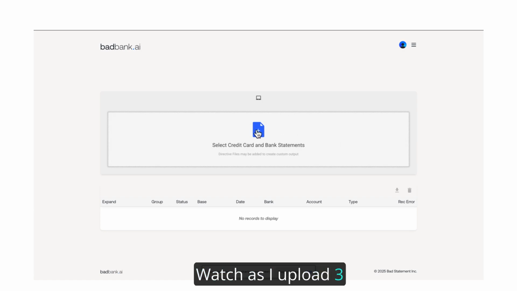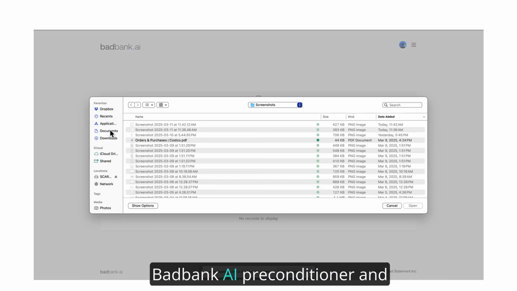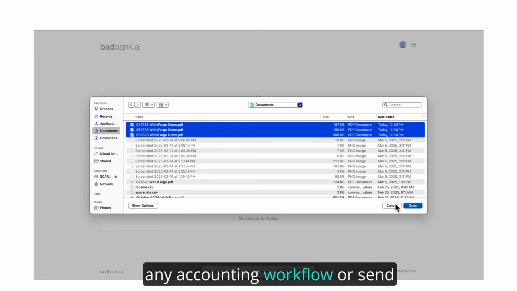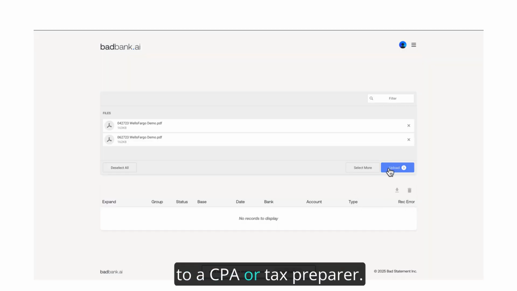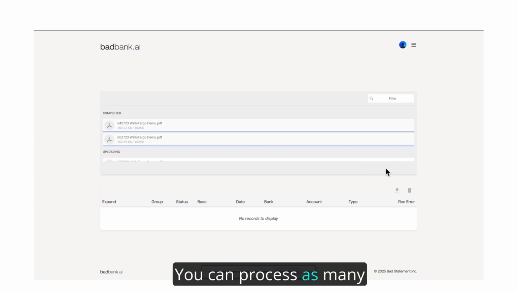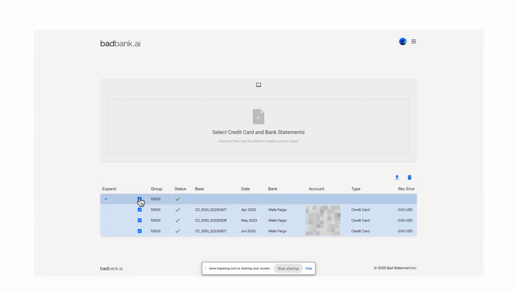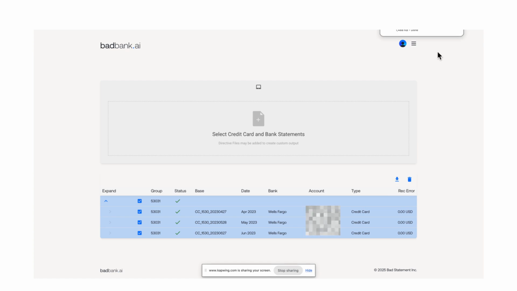Watch as I upload 3 credit card statements into the Badbank.ai preconditioner and get superior files to use with any accounting workflow or send to a CPA or tax preparer. You can process as many statements as you want at a time. When you download the output folder, you can open up the top-level CSV file in Excel or any spreadsheet program